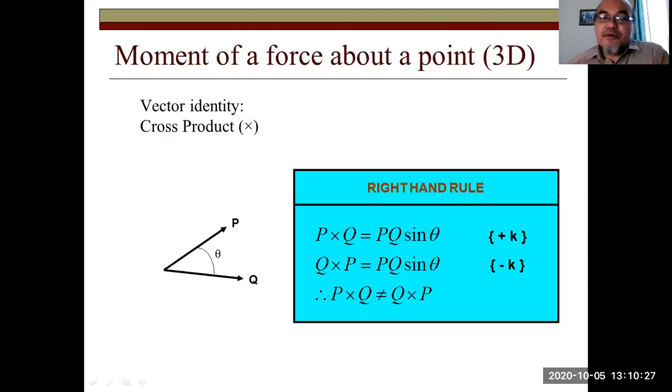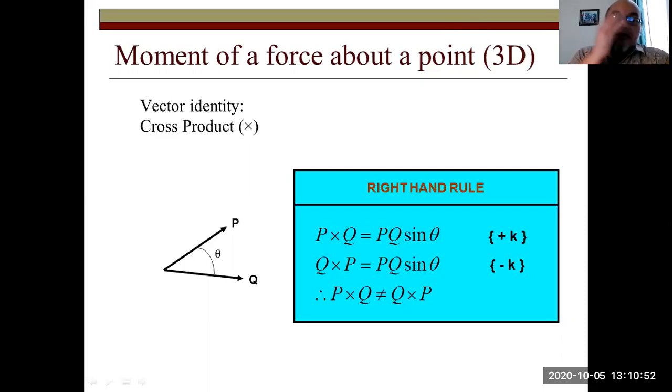expressed as a cross product of the two vectors that are connected to the beginning point. For example, as shown in this figure, when you would like to see the moment due to the forces P and Q, the moment due to the forces. First, before the moment,